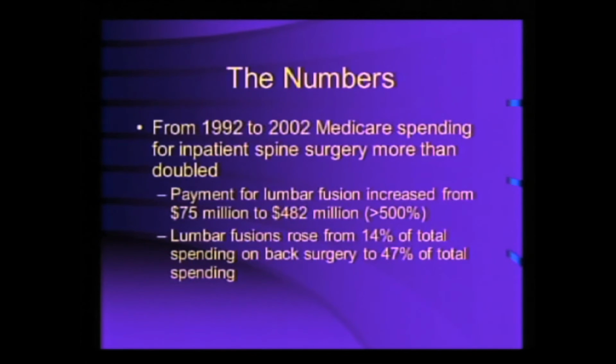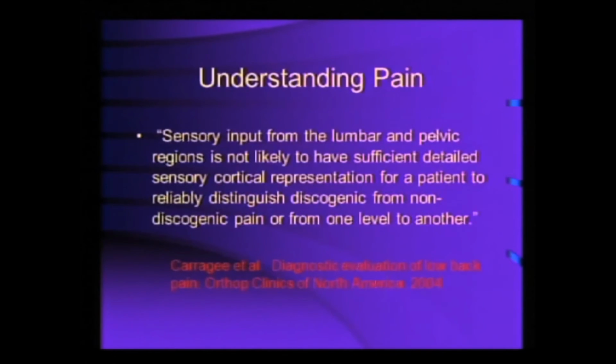I tell the residents this every day. This came 100 years ago from William Osler. You look at this idea that we hurt, and therefore we can figure out where we hurt from and get rid of what hurts. Which disease in the low back has it? Our ability to really discriminate where the pain is from is not adequately represented in our cortex. We can't distinguish different structures in our back. We know our back hurts.